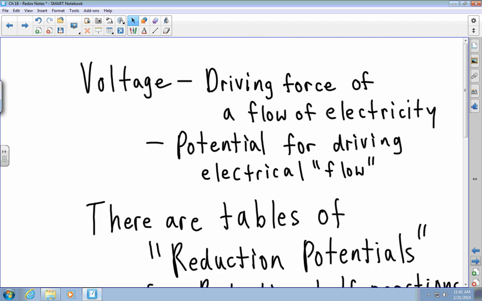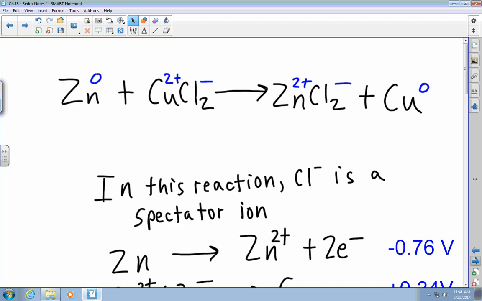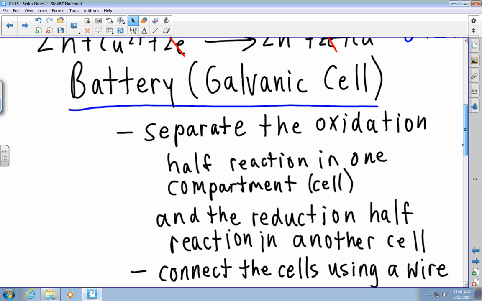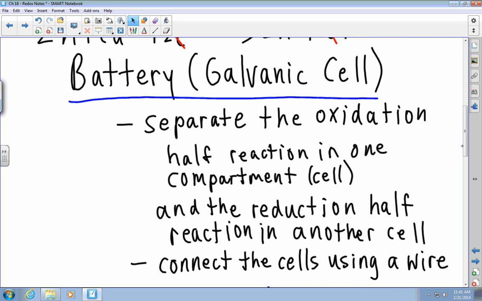Okay, so now let's talk about batteries. So if we go down below here, a battery, otherwise known as a galvanic cell, is named after a scientist. And so a galvanic cell, what we do to make a battery or a galvanic cell is to separate the